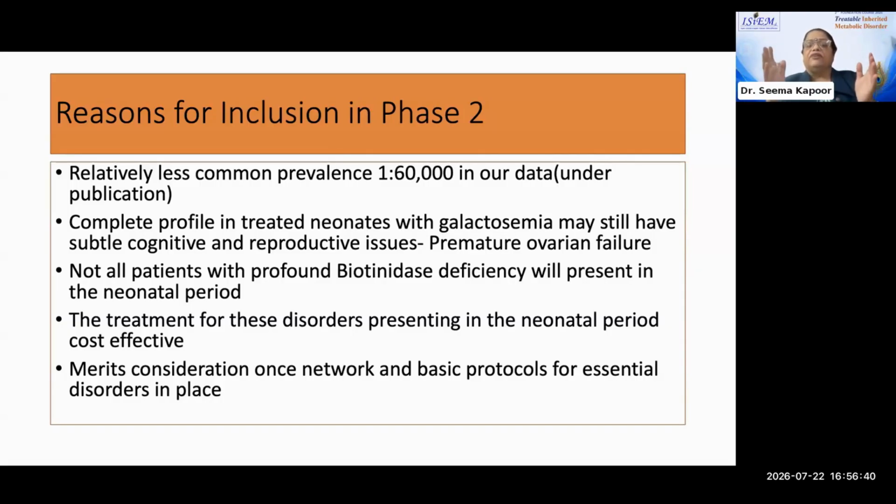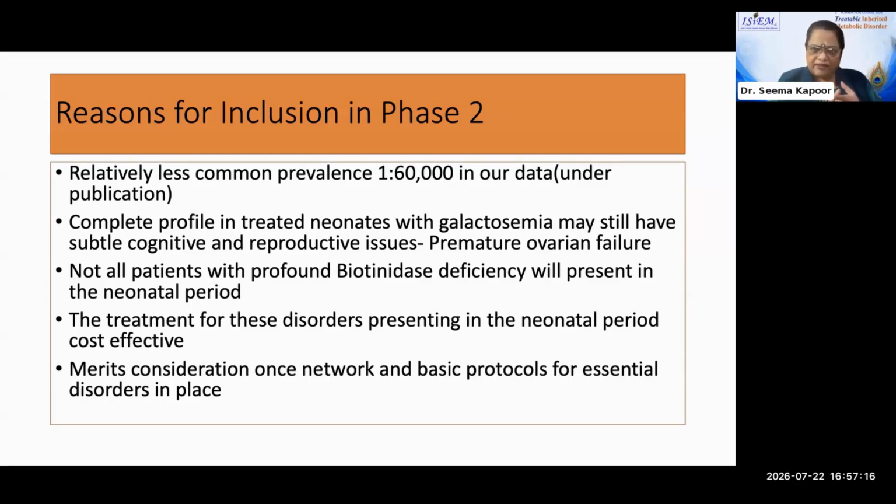Biotin will not interfere because it is the recycling agent. It just recycles the biotinidase. The levels, if they are low, will remain low. You will not get a false reading of high value. So you can start biotin even at suspicion at the dose of 5 to 10 mg per day and go up to 20 mg per day if there are other systems affected. Very, very important messages. So first test was